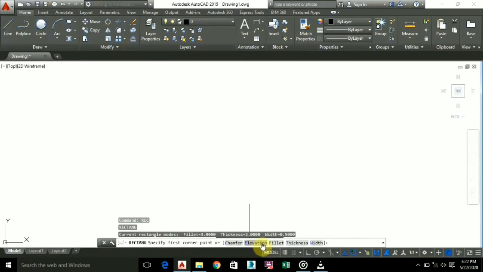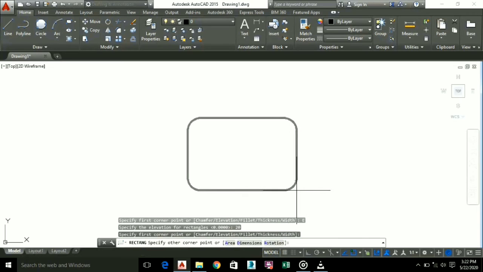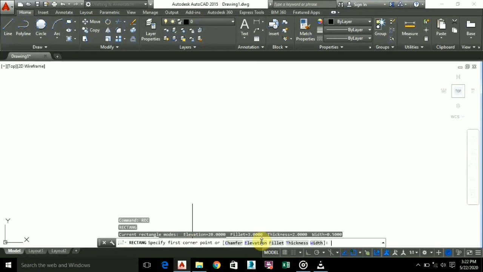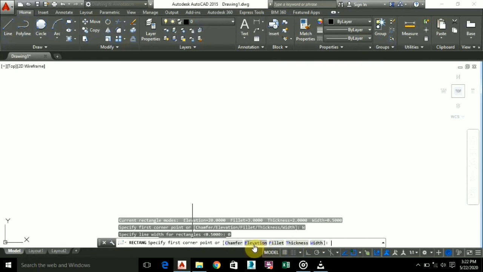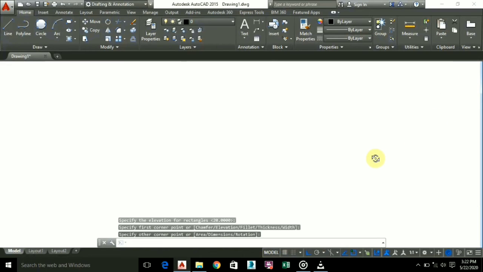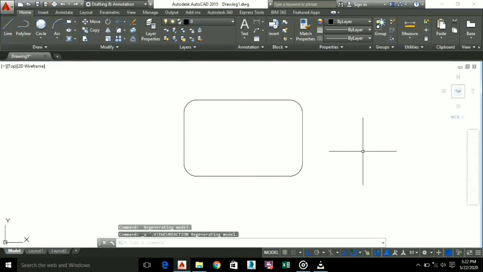and now I go to elevation. Okay, just go to elevation. Now it's asking to specify the elevation for rectangles, that is the distance. Suppose we are on the 20, you can see the rectangle is having some width. I will just set it to default, that is 0. Just change its width, specify 0, enter. Now if I go to elevation, suppose I am making any rectangle here, so when I see it in isometric view,